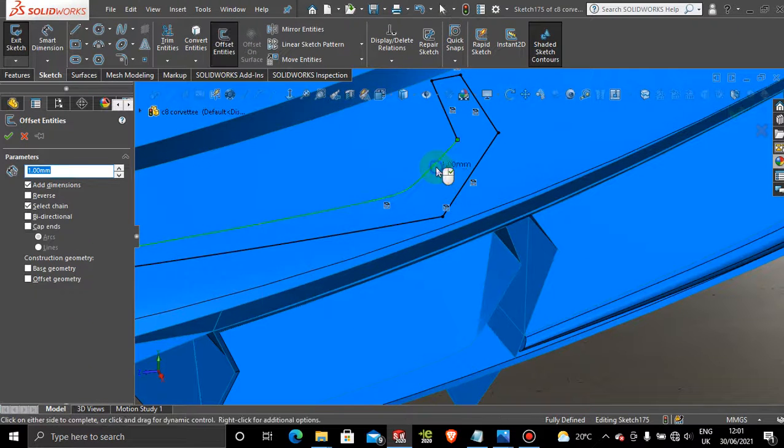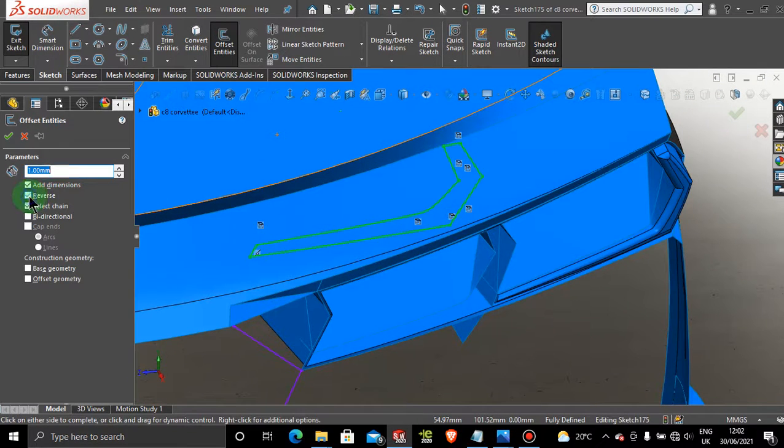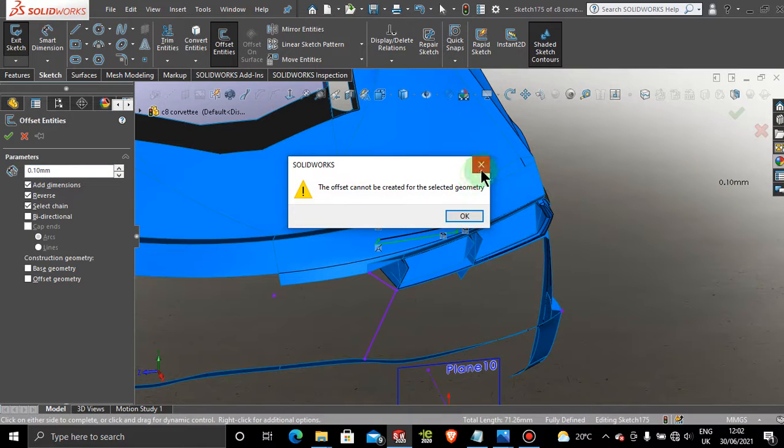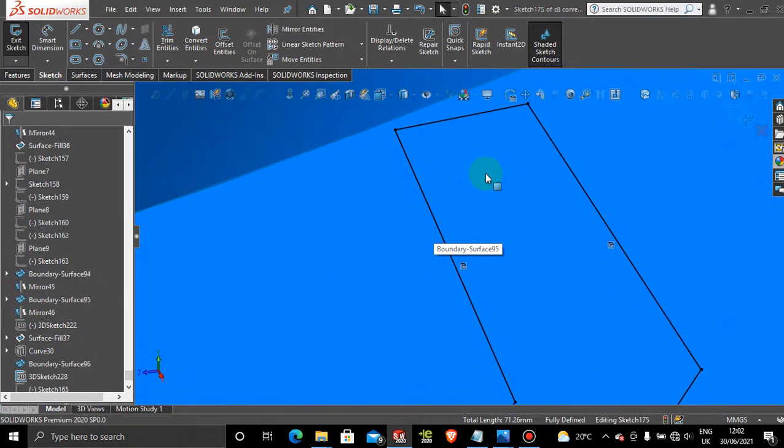Offset again. Choose the whole thing. Let's try 0.1, just do 0.1. Offset cannot give selected geometry. Alright, so it's telling me